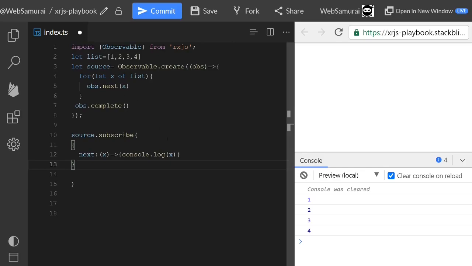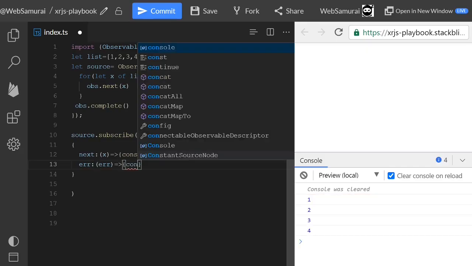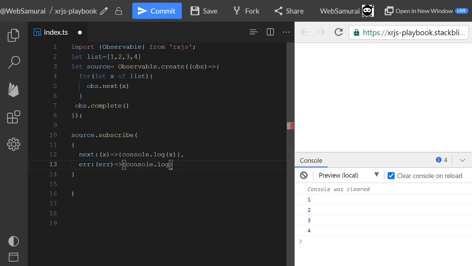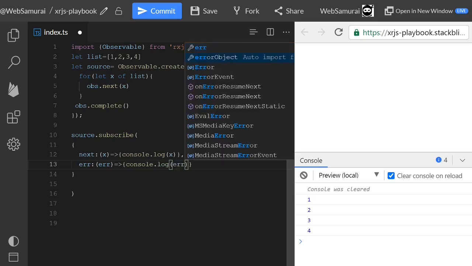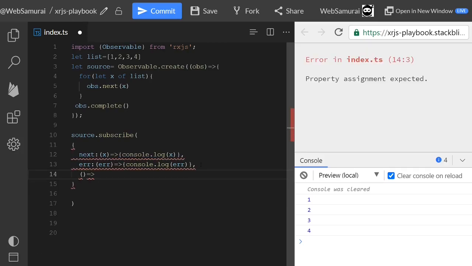The next function is the error function. Up till now we haven't seen the error, but in this video we are going to see how the error works. console.log error. The last function is the complete function, and a complete function doesn't take any argument.